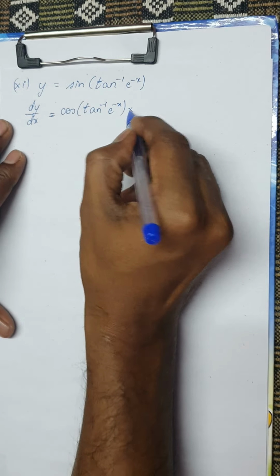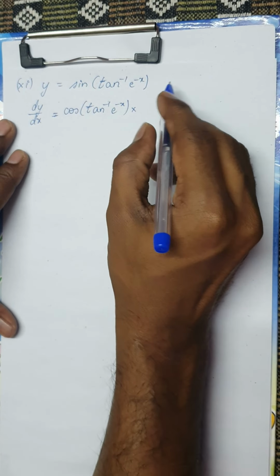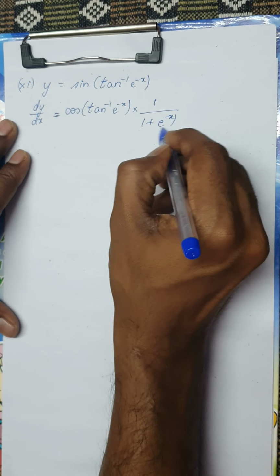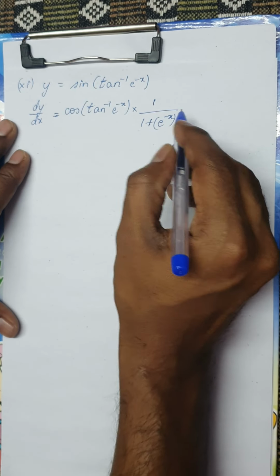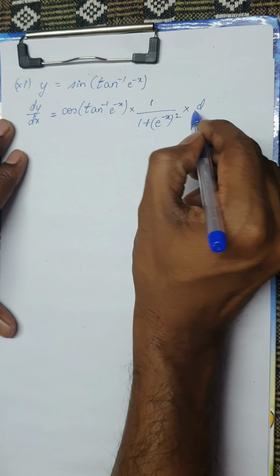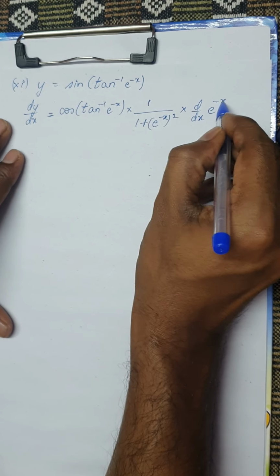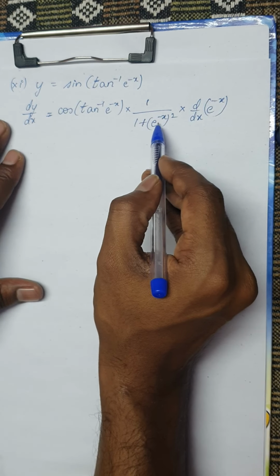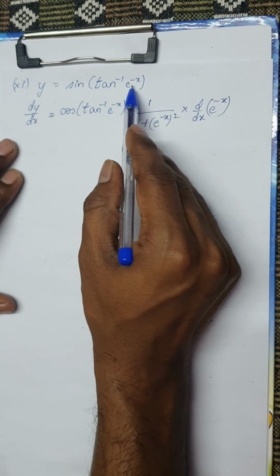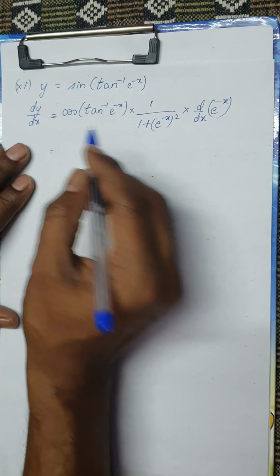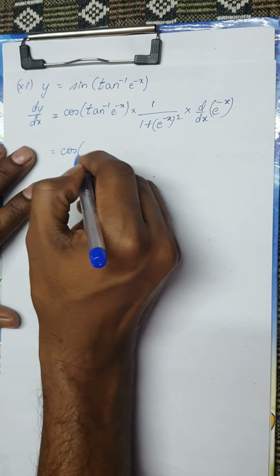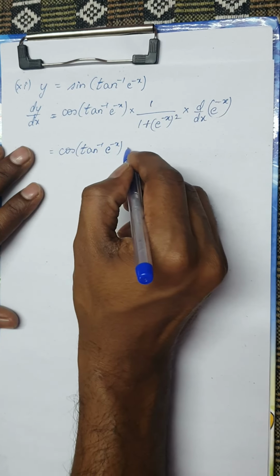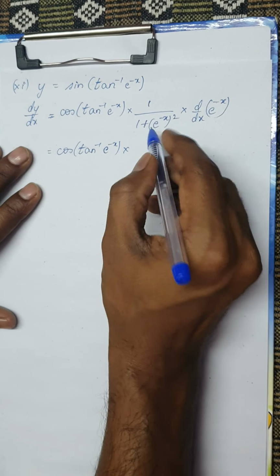Into, remember, derivative of tan inverse is what? Derivative of tan inverse is 1 divided by 1 plus, in place of x I have e power minus x, so I have e power minus x square, into, remember, derivative of e power minus x. Again you have to differentiate, because this term is not x, it is another function, e power minus x. So this can be treated as cos of tan inverse e power minus x, into,